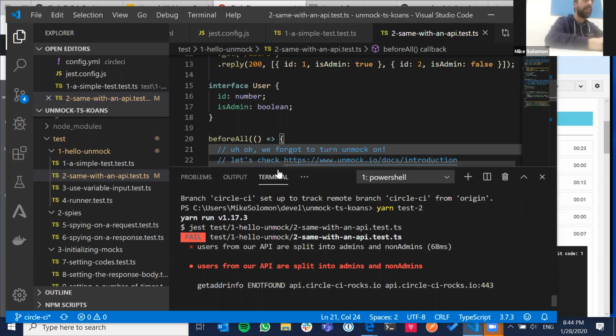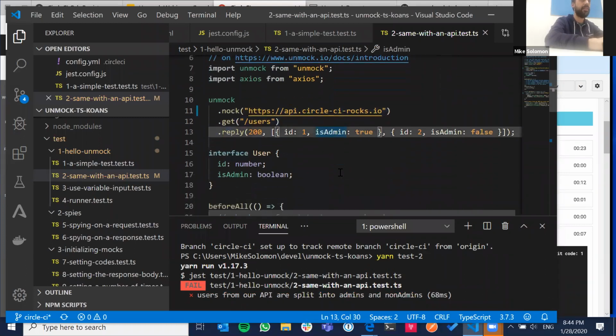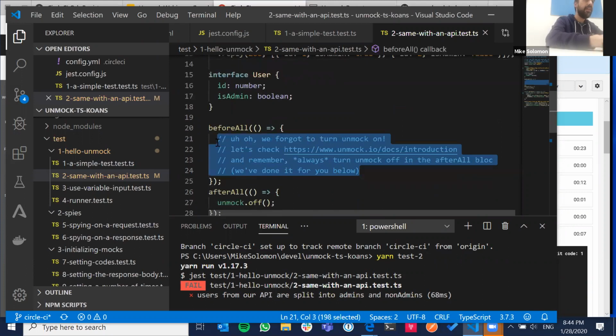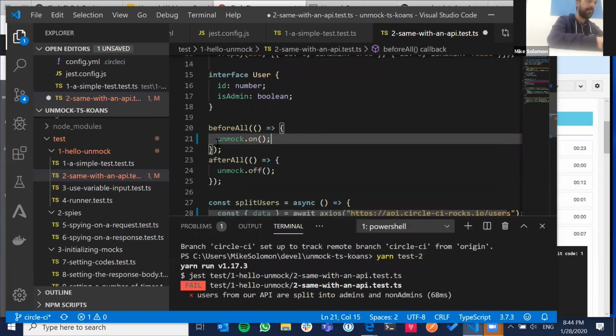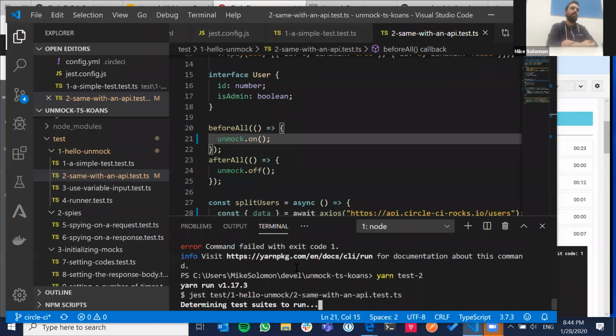So what you've got to do is turn Unmock on, and what it will do is intercept that call and serve back something according to the spec. So in this case, reply with this array, which is the same array that we saw before. So now we're just going to turn Unmock on in our test file, and when we run the same test again,